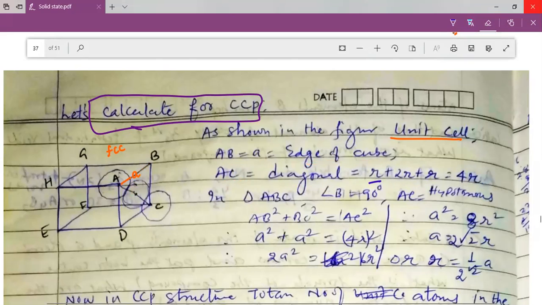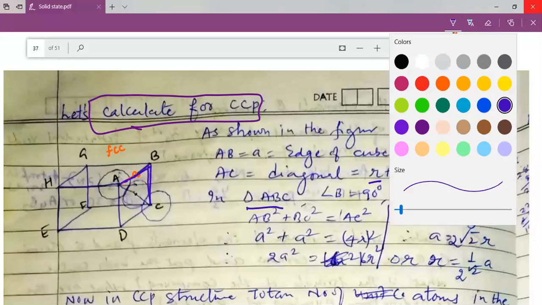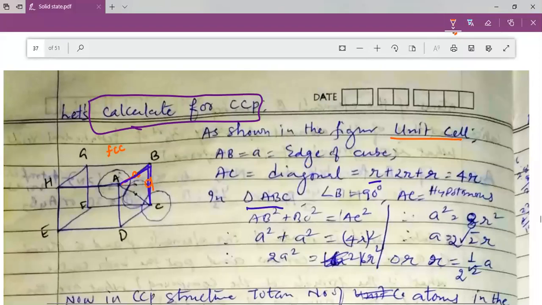Now, my dear students, we want to understand some other calculations. If we look into the triangle ABC, this is your triangle ABC. This is your a, this is even your a, my dear students. This length, which is an edge of the unit cell, is a, and this angle beta is a 90-degree angle. So your triangle ABC is a right angle triangle, and for this right angle triangle we can write AB square plus BC square is equal to AC square. Now this AB is equal to a, so AB square is equal to a square.